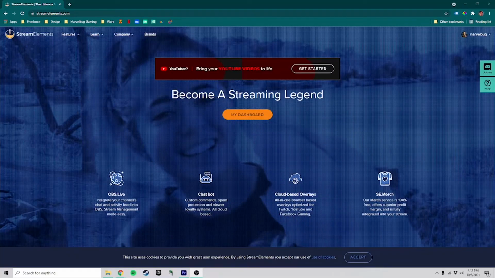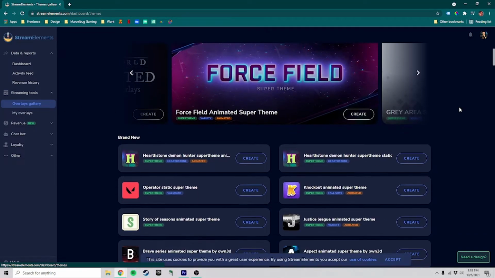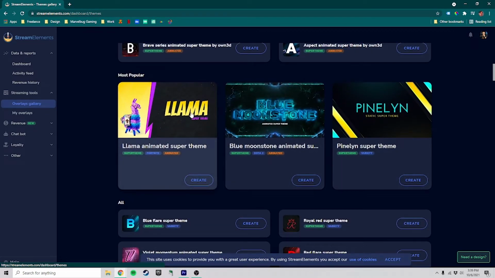Many streamers shy away from this platform mainly because they think that they have to build their own overlays themselves. Although this is possible, it is not the only option for streamers that are starting out. If you look at Streamelements.com, you will find several pre-built overlays inside of the themes gallery section. A lot of these are built with specific games in mind, which makes it incredibly easy to switch up overlays